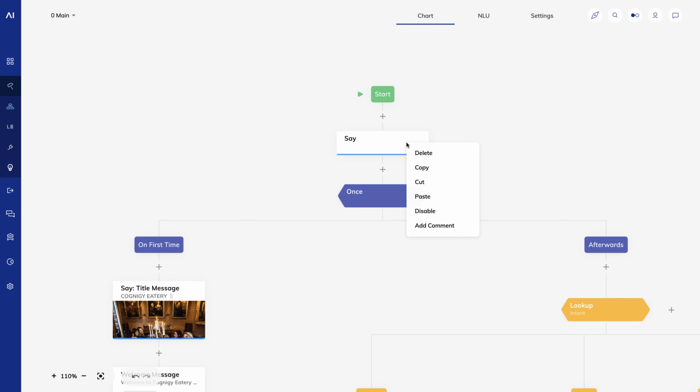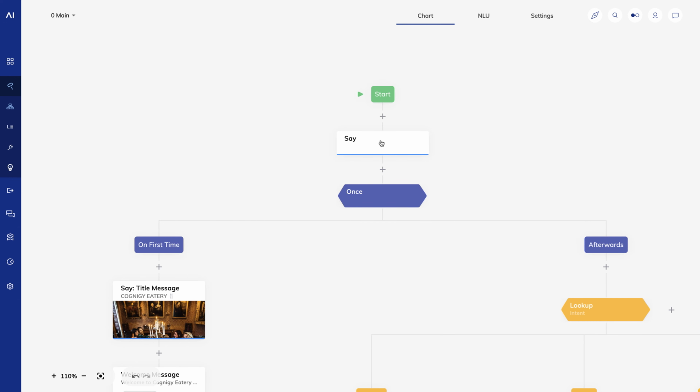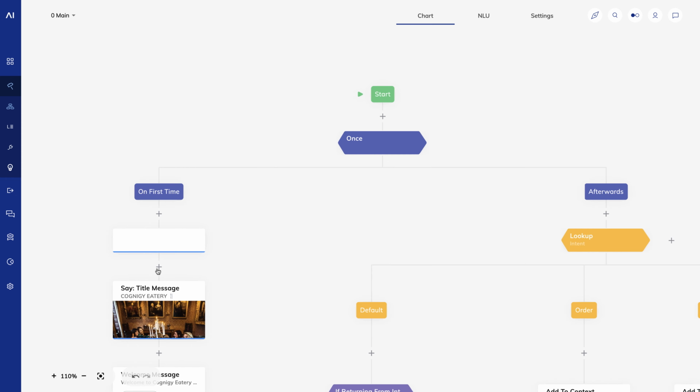Notice that I can control-click to see useful options like copy, paste, and delete, and I can even expand and collapse whole branches of the tree by choosing that option in the context menu or just double-clicking on the node. Lastly, I can drag and drop to move nodes around the tree.